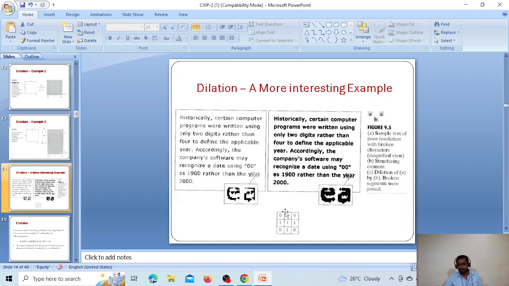Here 0, 1, 0, 1, 1, 1, 0, 1, 0 is the structuring element, which we apply on the particular text EA. So simply it expands the boundaries of an image. The dilation operation simply expands your image.